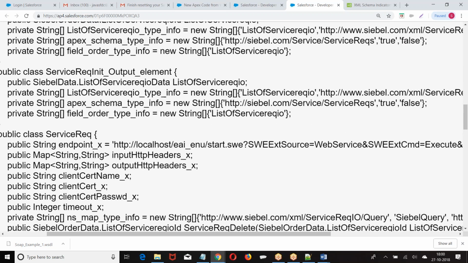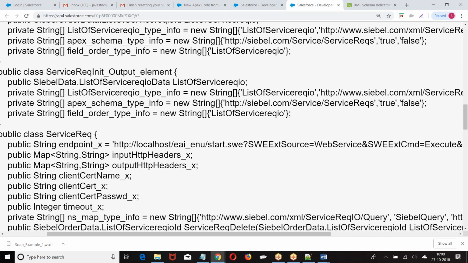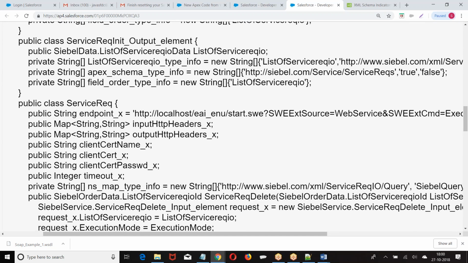If they are asking you to pass the authentication data in the body, in the method, as a parameter, if in the method they are asking you to pass the login data as a parameter, it is a body request. If they are asking you to put the login credential data in the header, then there will be a session header element. We are supposed to put the element. If they are asking you to pass the data in the URL, then it will be input header.